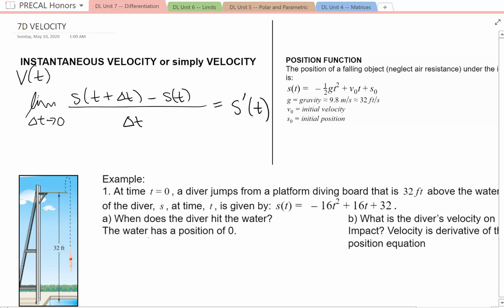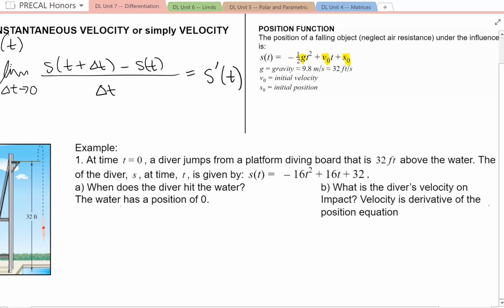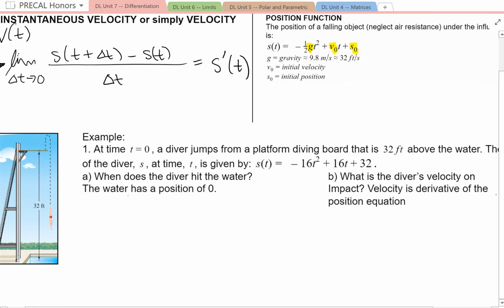This would be that v of t is equal to the derivative of the position function. So velocity is the derivative of the position function. You may remember the position function from our problems with velocity before. Remember that v sub 0 is initial velocity, s sub 0 is the initial position, and g is gravity. Obviously, gravity affects falling objects. And gravity for meters is 9.8 meters per second squared, and the pull of gravity in the unit of feet is